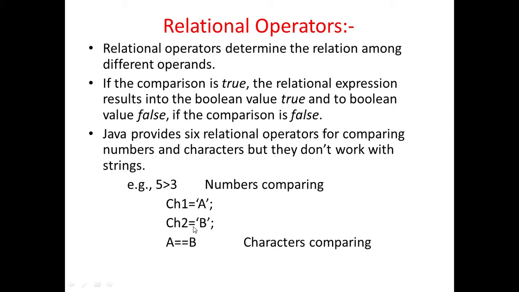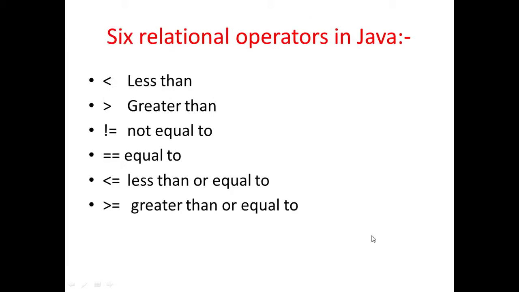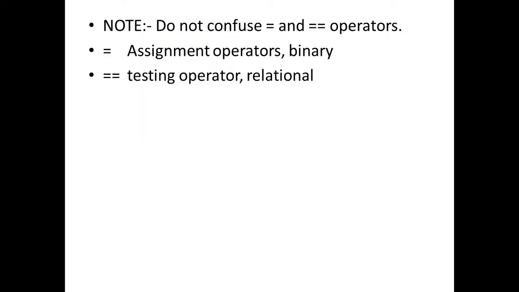But if we have 2 equal to sign like this, it is used for testing or checking if these two are equal or not. If I write a equal to b, then computer will check if a is equal to b or not. So we have to see single equal to sign means assignment operator, and it is used to assign a value to a variable. Suppose I am writing a equals to 9. So I am assigning the value 9 to a.